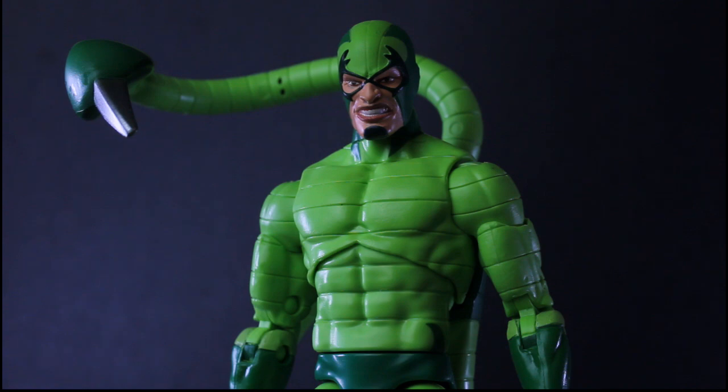I mean, yeah, he's a very cool, important character. But maybe just get the older version if you can, because I think that one at least comes with extra pairs of hands. I just don't know if the tail on that one is movable or not. That's the only thing I don't remember. I didn't really care about that figure, if you couldn't tell, when it first came out. Only got this one because I just learned about him. But yeah,